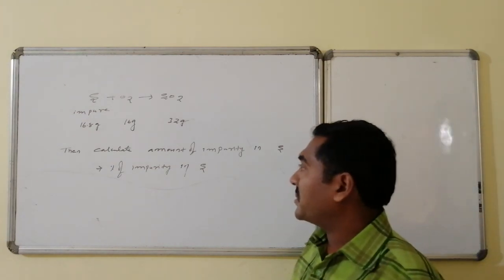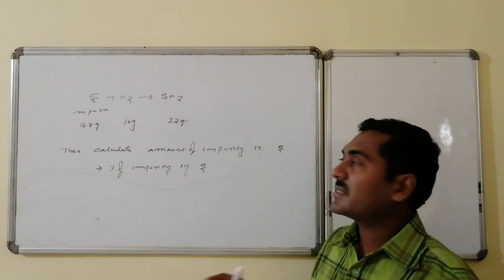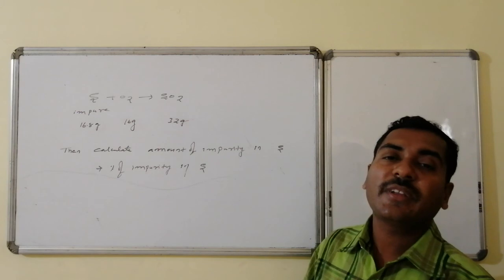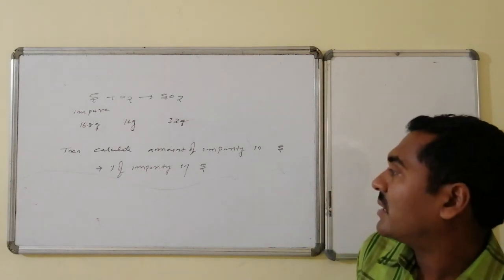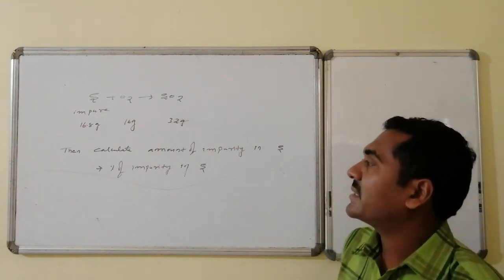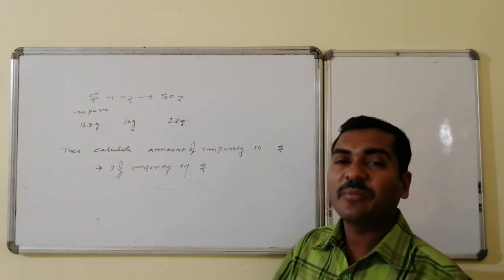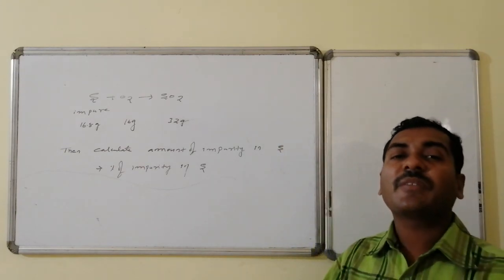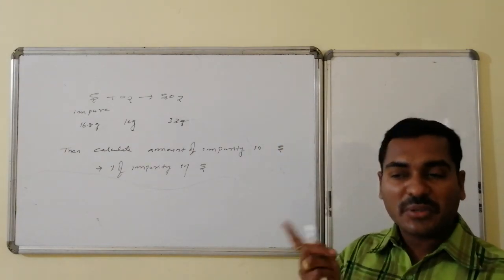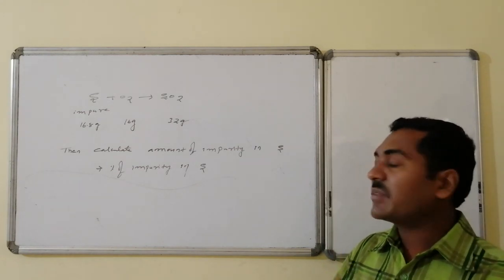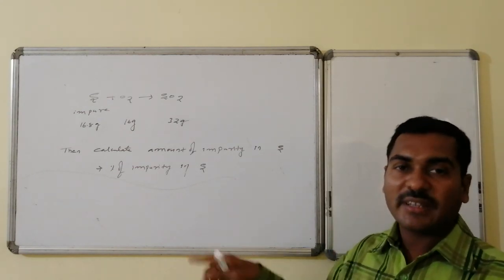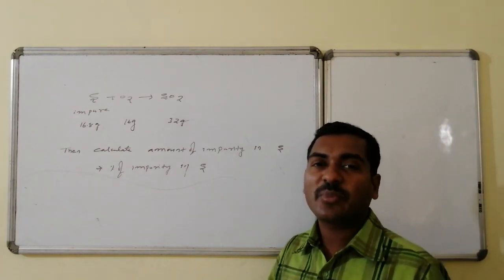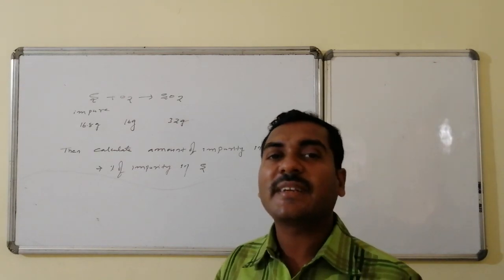Then you are asked to calculate the amount of impurity present in the 16.8 grams of sulfur, as well as the percentage of impurity present in the sulfur, and at the same time calculate the percentage of purity of sulfur. Three questions are there. Question number 1, calculate the amount of impurity present in the sulfur. Question number 2, calculate the percentage of impurity in the sulfur, that is amount here, percentage there, and the next, percentage of purity. One thing is, percentage of purity plus impurity becomes equal to total, that is 100%.